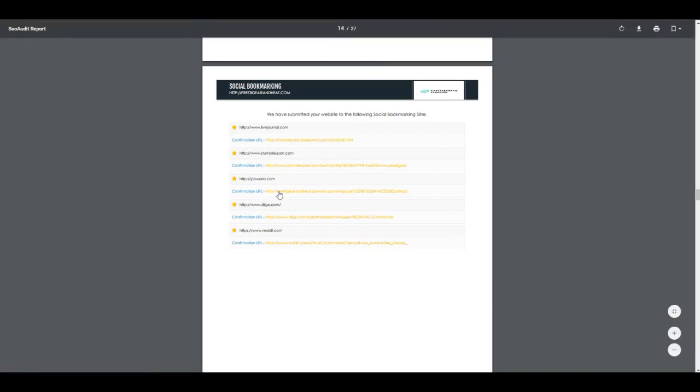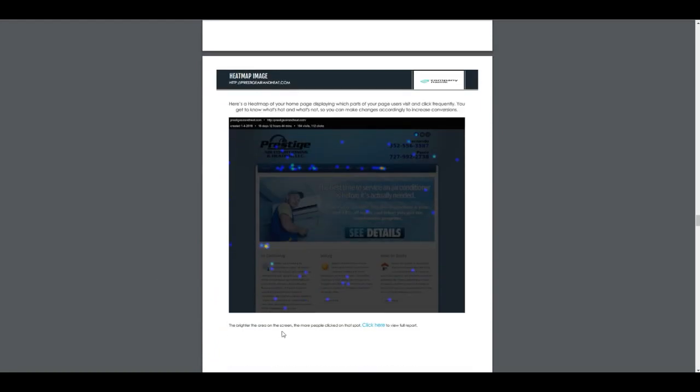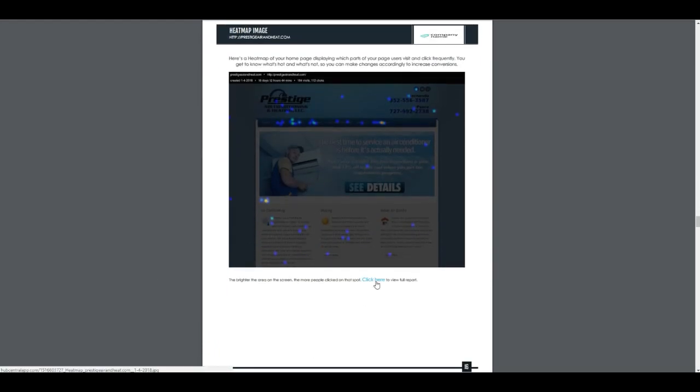Speaking of work reports, our work reports are all integrated into the system and nicely formatted. So social bookmarks, nicely formatted. Click the URL. Social media postings, click the URL. Heat map, click here to view it in the full view in the dashboard.